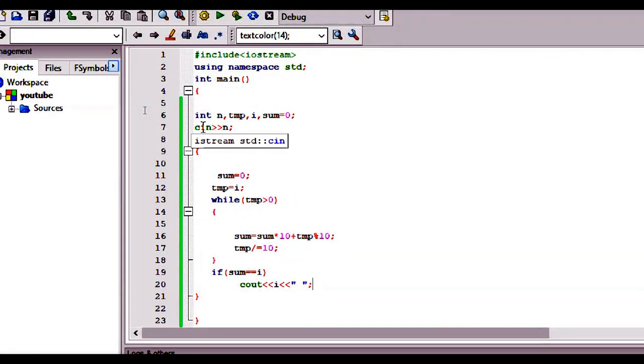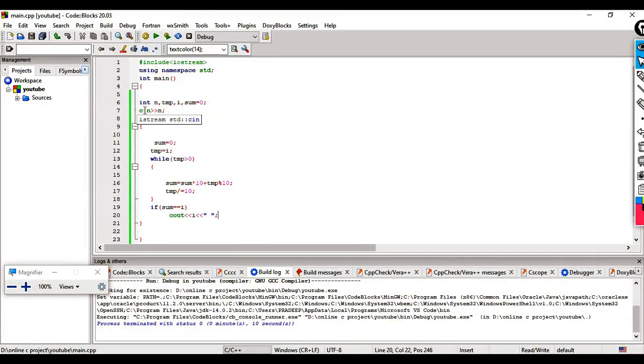Let's retrace our code. Guys, we are not taking the n value as 100 because it takes too much time to retrace the code. From 10 to 100 I would be reiterating the loop, so it takes too much time and also increases the video length. So I'm just taking the n value 15.